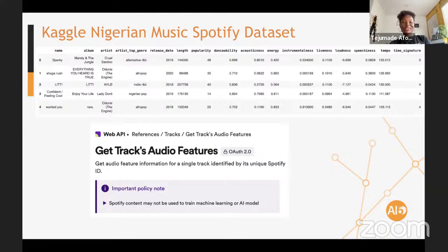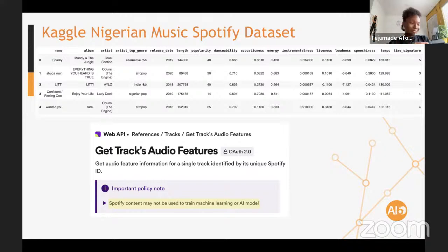So when you go there, you'll see that there is a very nice one in which I saw a bit late, after I settled on the dataset and prepared the lab. I found out that Spotify had a policy that you may not use this content to train machine learning or AI models.